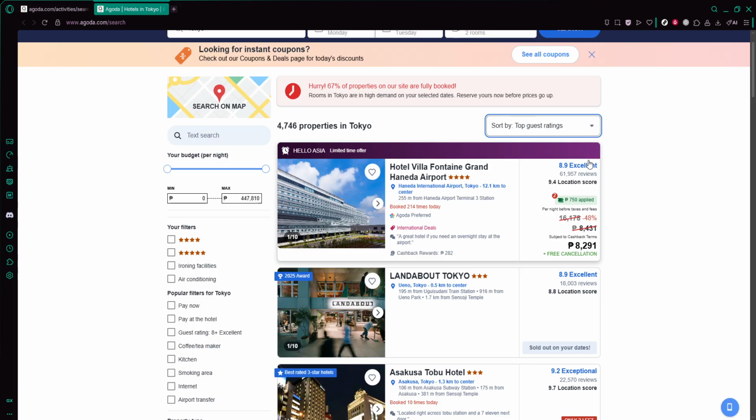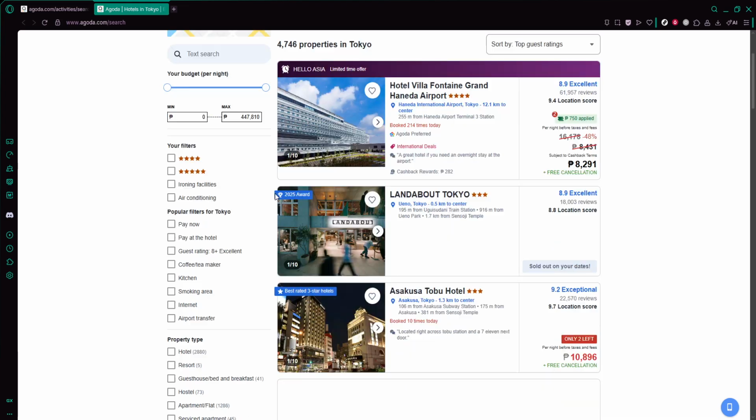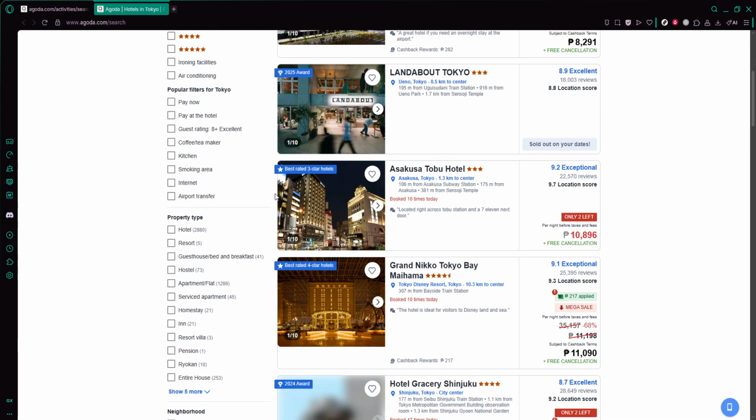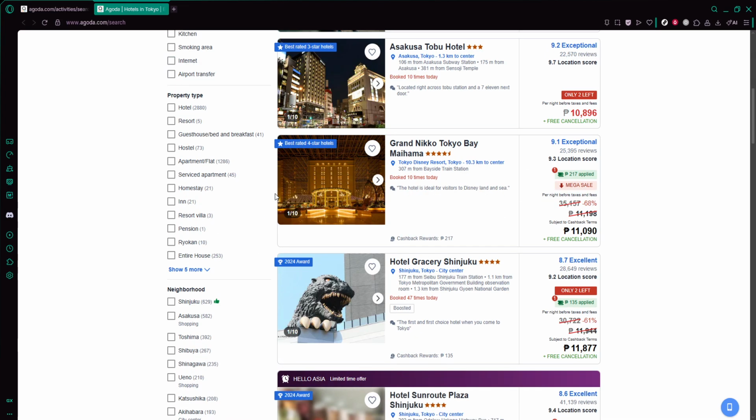Take a moment to scroll through the updated list. You'll often notice that the top results have a large number of reviews and high ratings. This can give you more confidence that many other guests have stayed there and had a generally positive experience. You can then click into any hotel to see more details, look at photos, read reviews, and check the exact